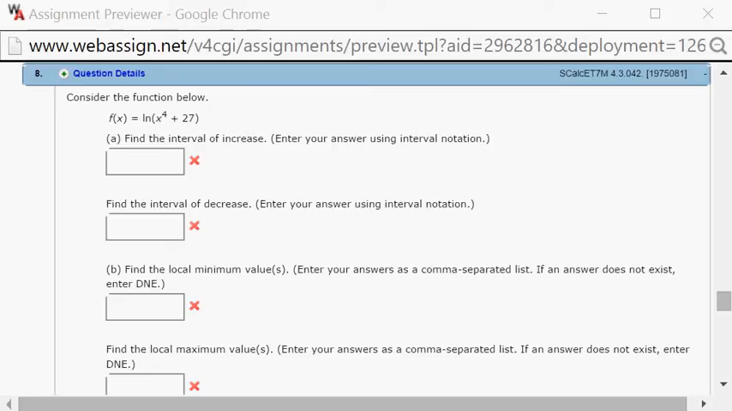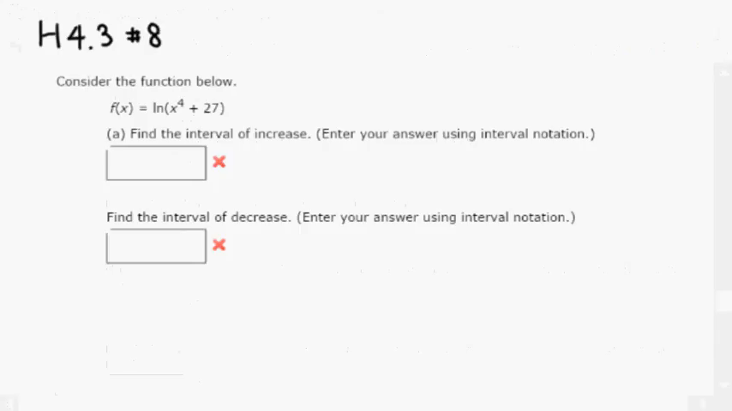Alright, let's look at homework 4.3, problem number 8. We want to find the interval of increase, so we need to look at the derivative. f prime of x is equal to, the derivative of that would be